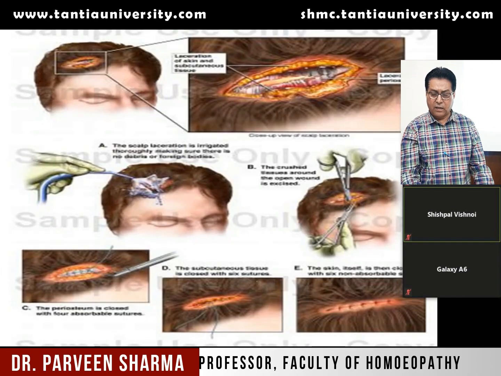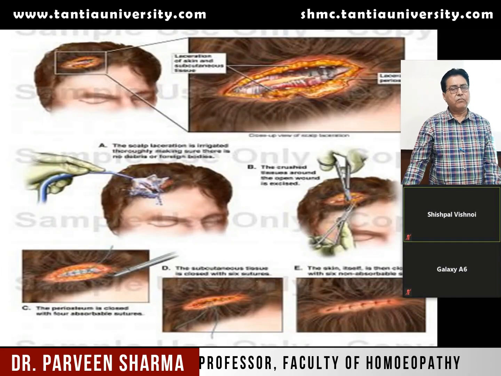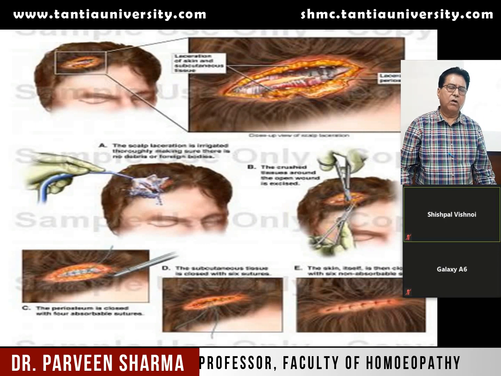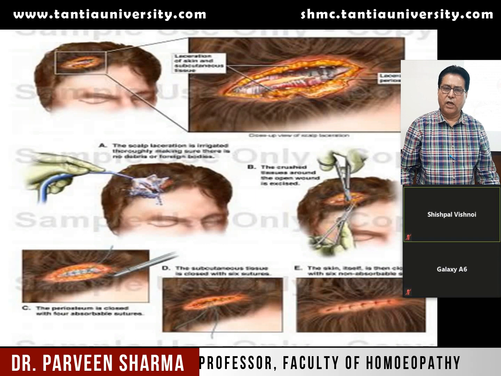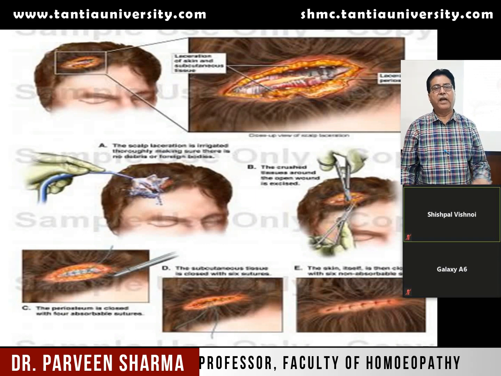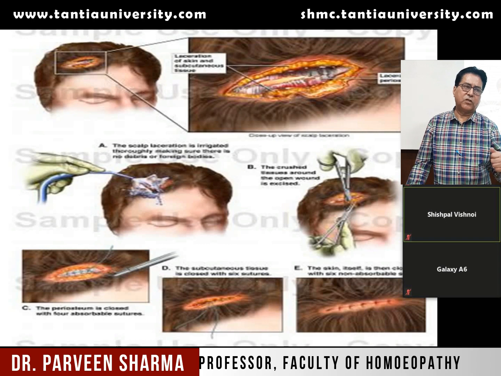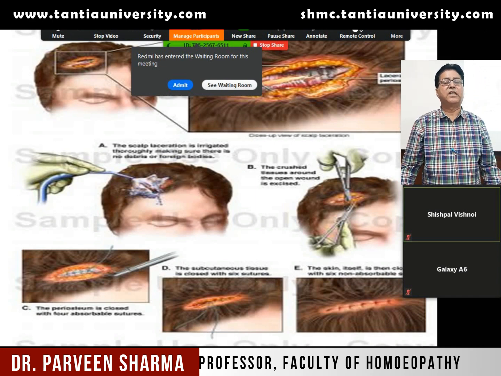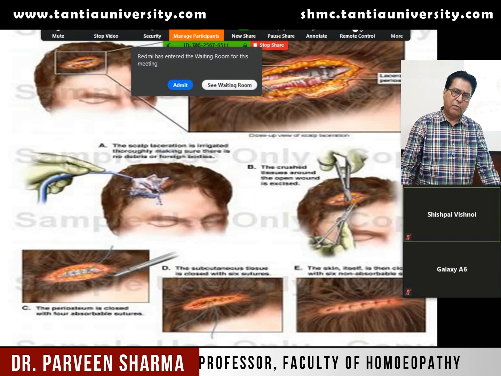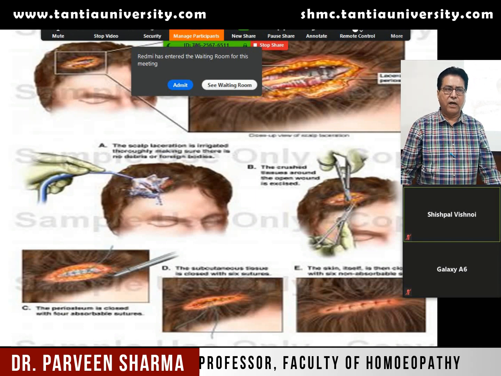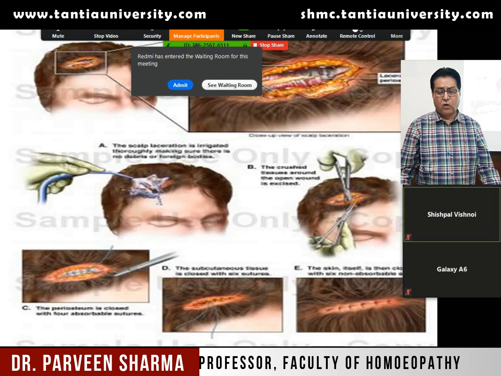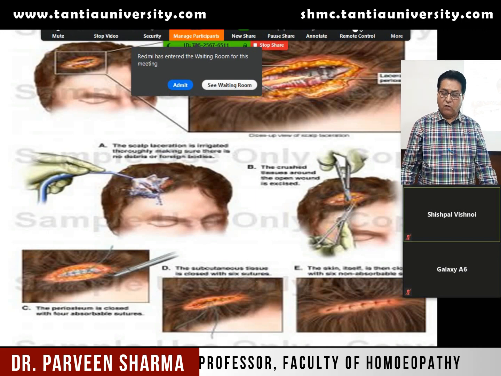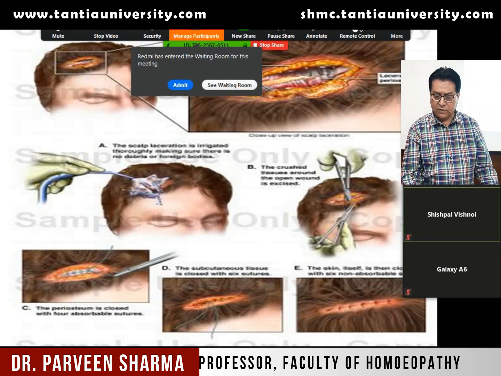Then other than that, I told you the healing. Normally if there is any cut on the body skin, we do suturing and the sutures are removed after 7 days. But in the case of the scalp, when the stitching is done, we can remove the sutures after 5 days. The reason being, the scalp has got rich blood supply. I told you the scalp is supplied by branches of both the internal carotid artery as well as the external carotid artery. So due to rich blood supply, the healing will be rapid, the healing will be fast. So that is one of the applied aspects of the skull.